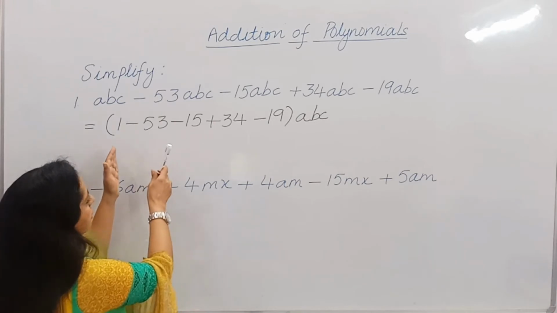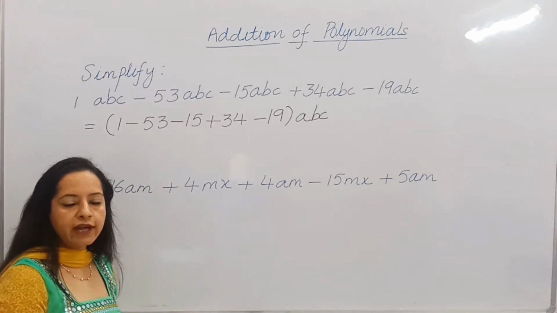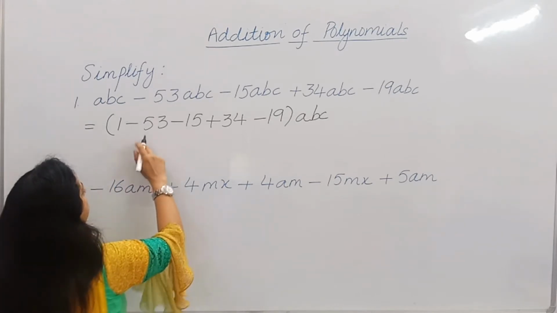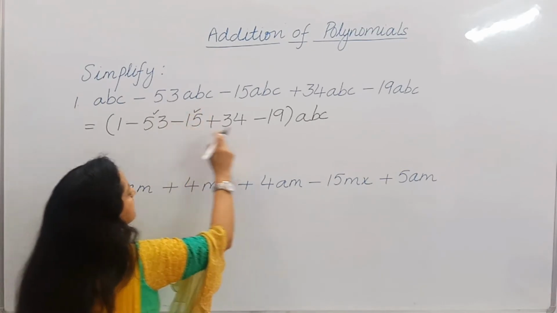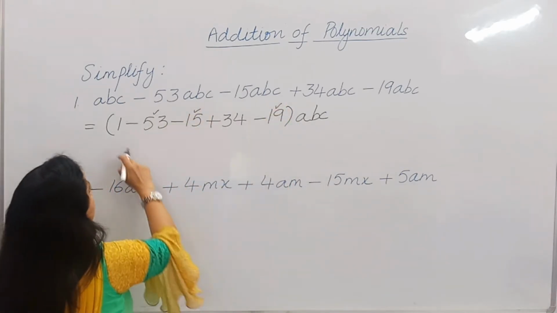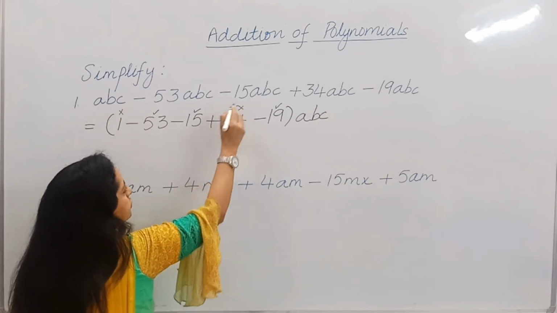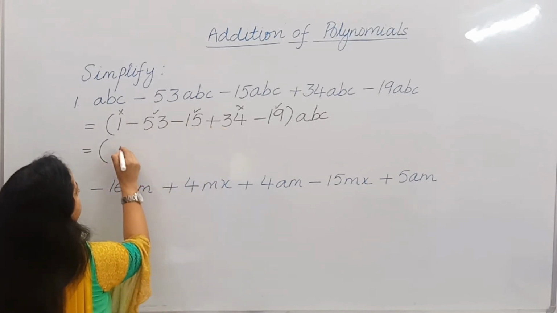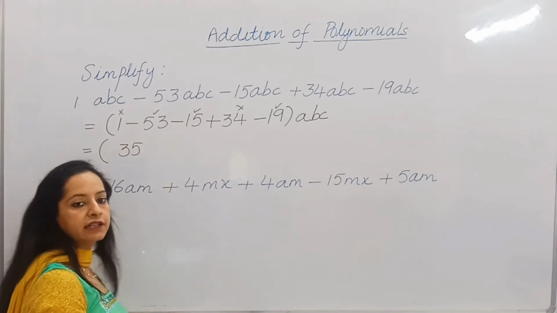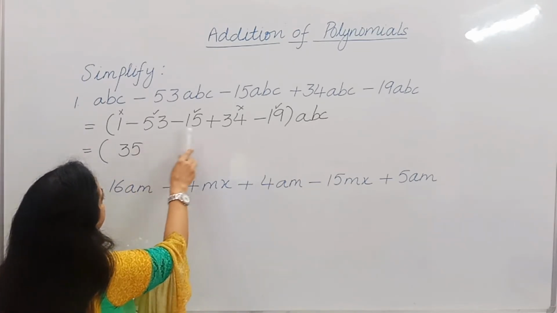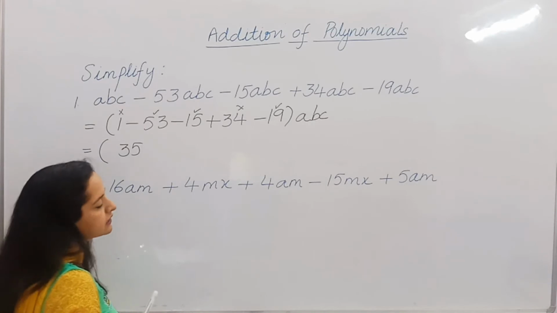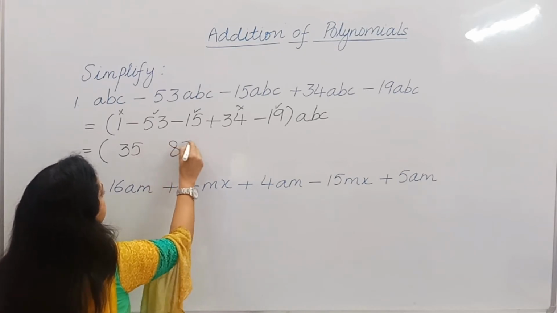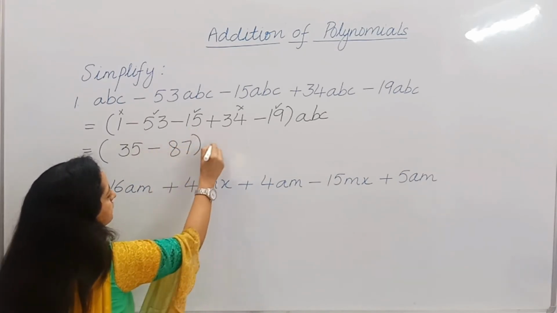Now we have got here the terms with minus and plus signs. So adding the numbers with negative sign together and the positive signs together. I have got here 53 is negative, 15 is negative and 19 is negative, and two positive numbers, 1 and 34. So I put a cross on them. Adding positive numbers together, 1 plus 34 is 35, and adding the negative terms together, 53 and 15 is equal to 68. 68 plus 19 is equal to 87. So 87, and since all these were negative, the sign will be negative.